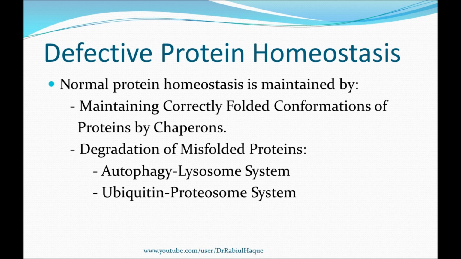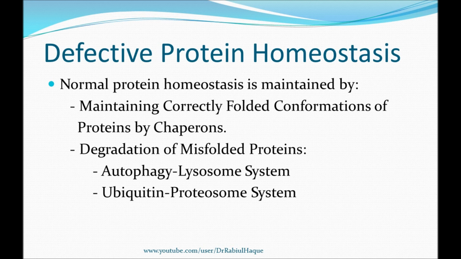So whenever there is some abnormality in the protein homeostasis, that will hamper the function, the viability and replication of the cell, and that may lead to rapid cellular aging as well. And sometimes accumulation of misfolded proteins can also trigger the pathway of apoptosis. Now, I have a separate video entirely on apoptosis, and you can also look into that video after watching this